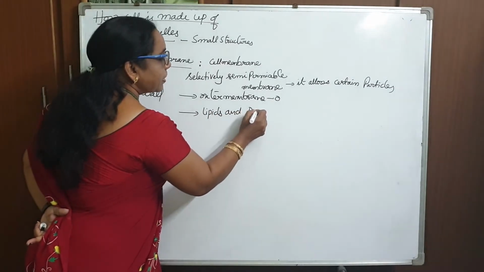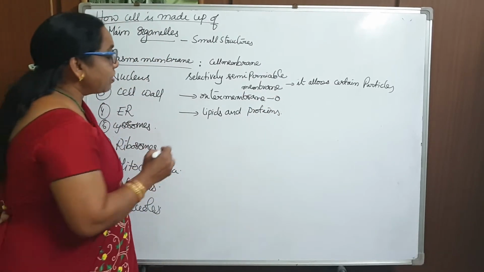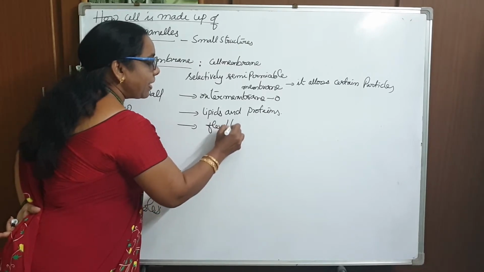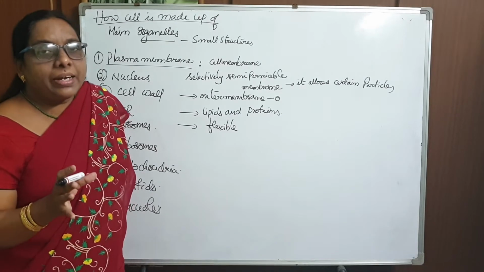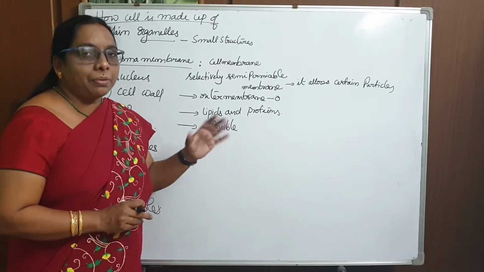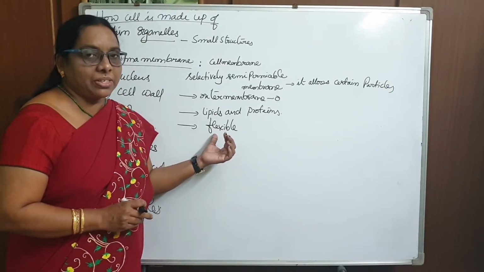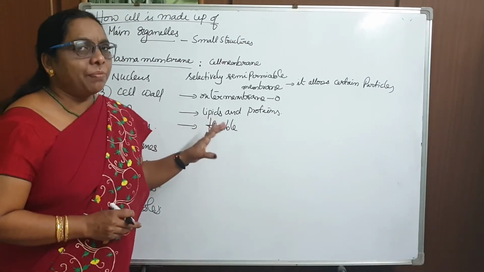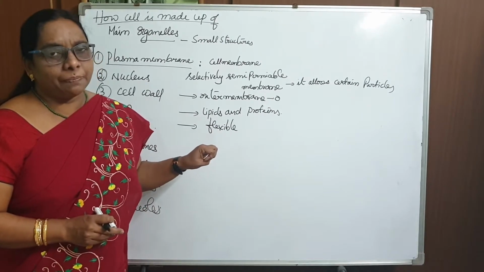Lipids and proteins. Okay, yes. So this acts like a flexible tissue. It is very flexible, not stiff and not hard, and it bends easily, which allows it to be movable. That's the reason it's called a flexible structure. Okay, yes. Not only that, why are we studying this particular topic in this lesson?